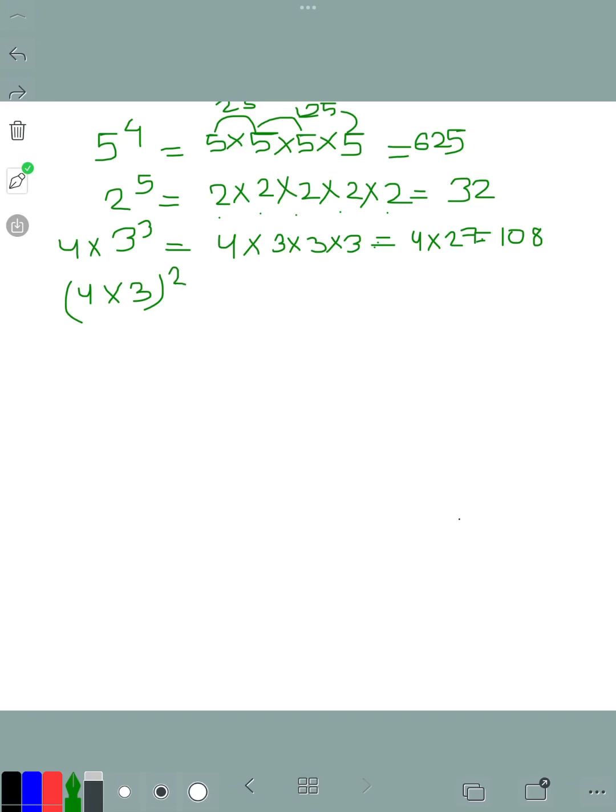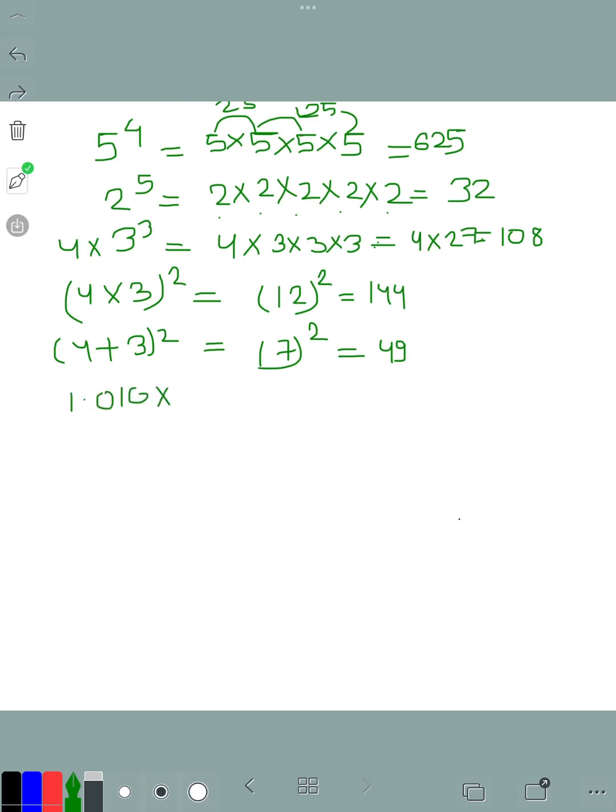What if it comes as a whole square. There is a difference between the whole square and the square of a number. Okay, whole square means the entire thing. 4 into 3, first we'll simplify. 4 into 3 is equal to 12, and 12 to the whole square is equal to 144. Okay, just make it clear. 4 plus 3 whole square, what is 4 plus 3 is equal to 7, 7 whole square is equal to 49. Okay, so just make your basics clear, right.